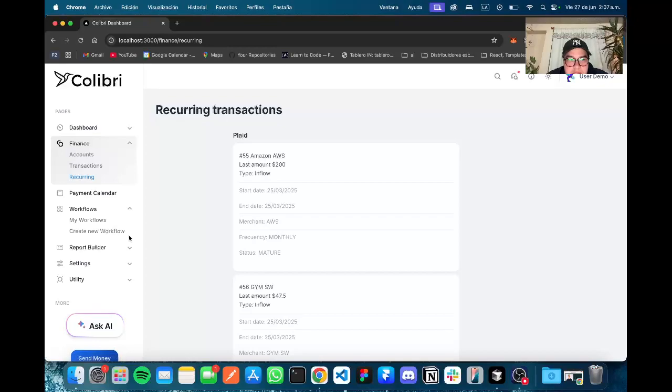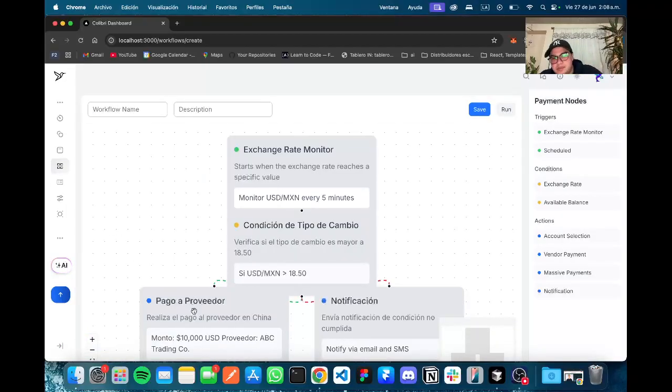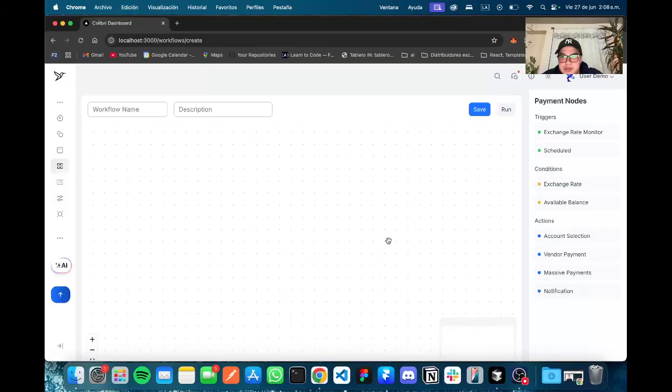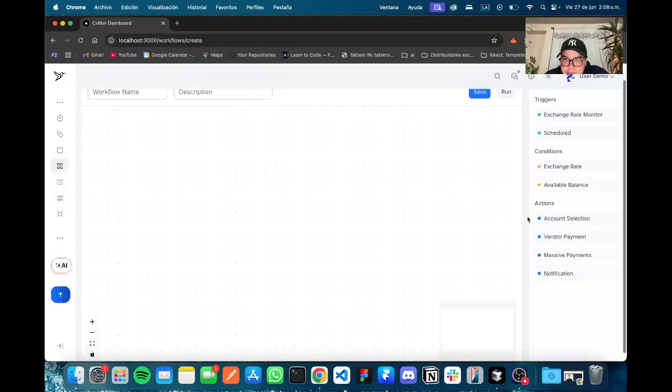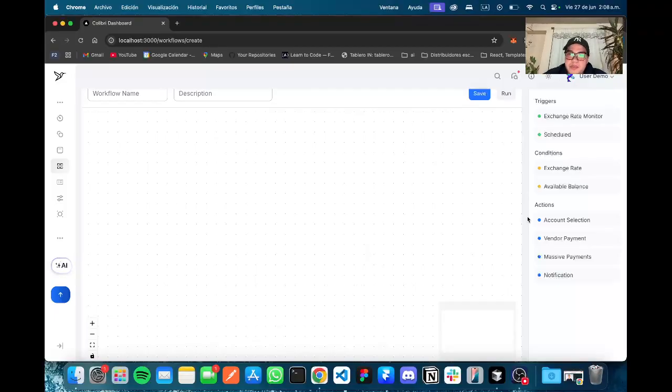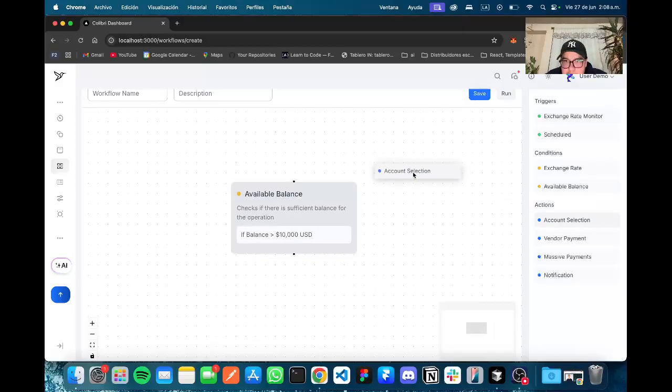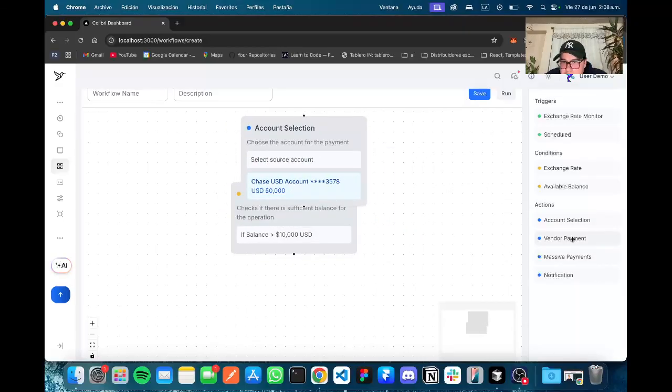So yeah, let's move on to actually the most important feature right now inside our platform, at least the one that users use the most. Here in this section, you will be able to set up triggers, conditions, and actions to automate payment workflows. So we're going to create two or three of them so you guys can actually see how it works. For example, I'm gonna drop available balance, account selection,